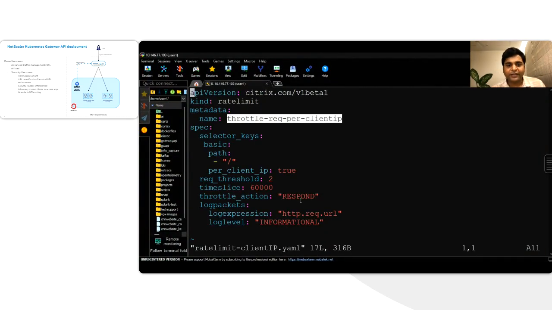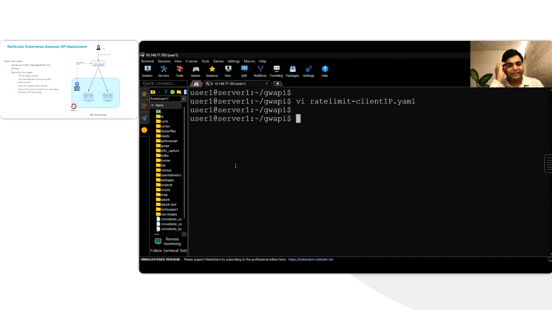This is the last use case, where I want to demonstrate how we can do rate limiting through the Gateway API. Let's say you want to avoid a DoS attack, or you want to limit the incoming requests for your application. Rate limiting is one of the policies that helps you mitigate such threats. So what we are doing here is adding rate limiting where we allow just 2 requests in 60,000 milliseconds. For demonstration, I have kept that buffer very high, not allowing many requests.